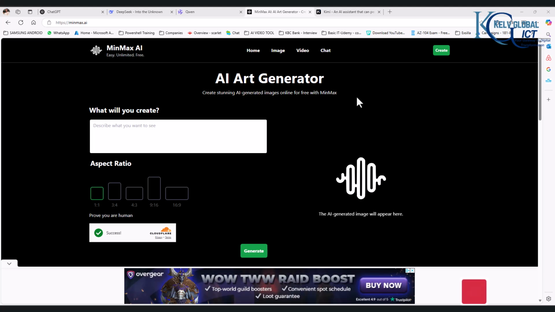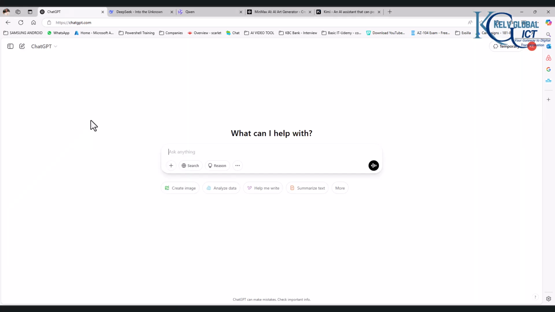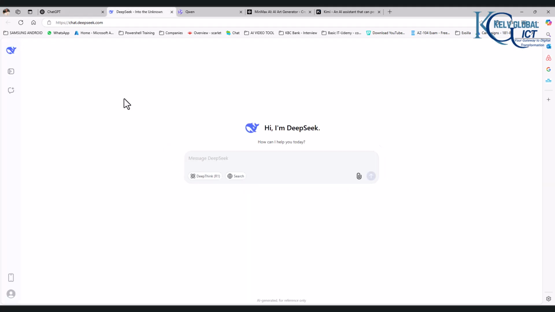Hello guys, do you know there's a competitor of ChatGPT and DeepSeek? Well, most of you know about ChatGPT, which can be used to generate text. For example, if you have any question, you can always ask ChatGPT and it's going to give you all the required answer you need. But DeepSeek also came in, which is China made. And right now we have some competitors, for example, we have the